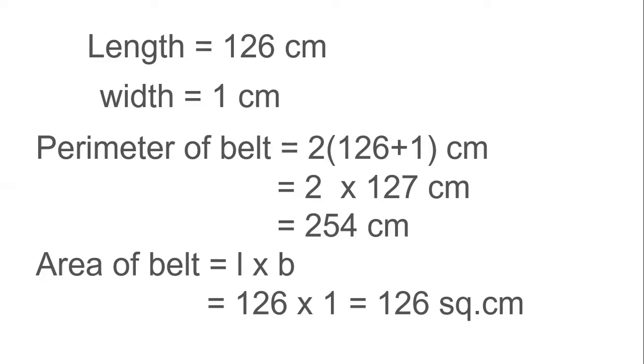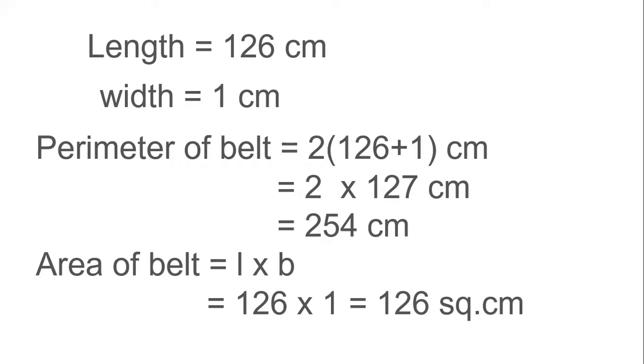This is one strip. This is another strip. Another strip. Another strip. This is 14, 14, 14 like this. 9 strips. Mute yourself. Vaishnavi, mute yourself. Total 9 strips are there, each 14 centimeter. So 14 into 9, that is 126.